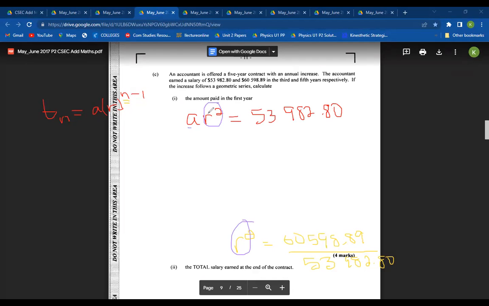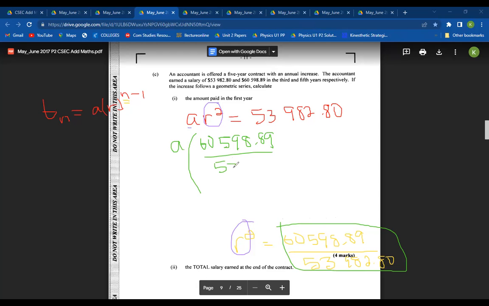So what I could do is substitute this fraction into this equation and solve for A. I'll get A times this whole fraction here, which is 0.0598.89 divided by 53982.80, and this will give me the